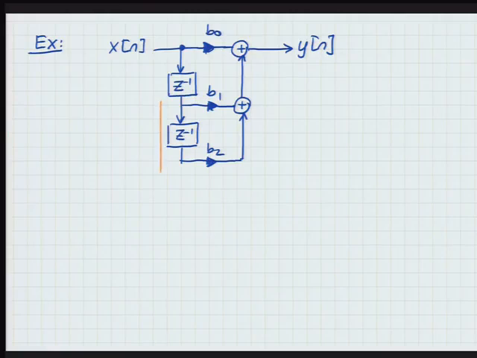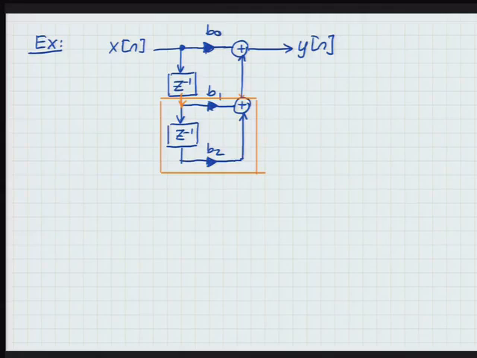This box here. With input here, so this is what's coming in, and output this. All right, so can you tell me what transfer function I would get for that orange